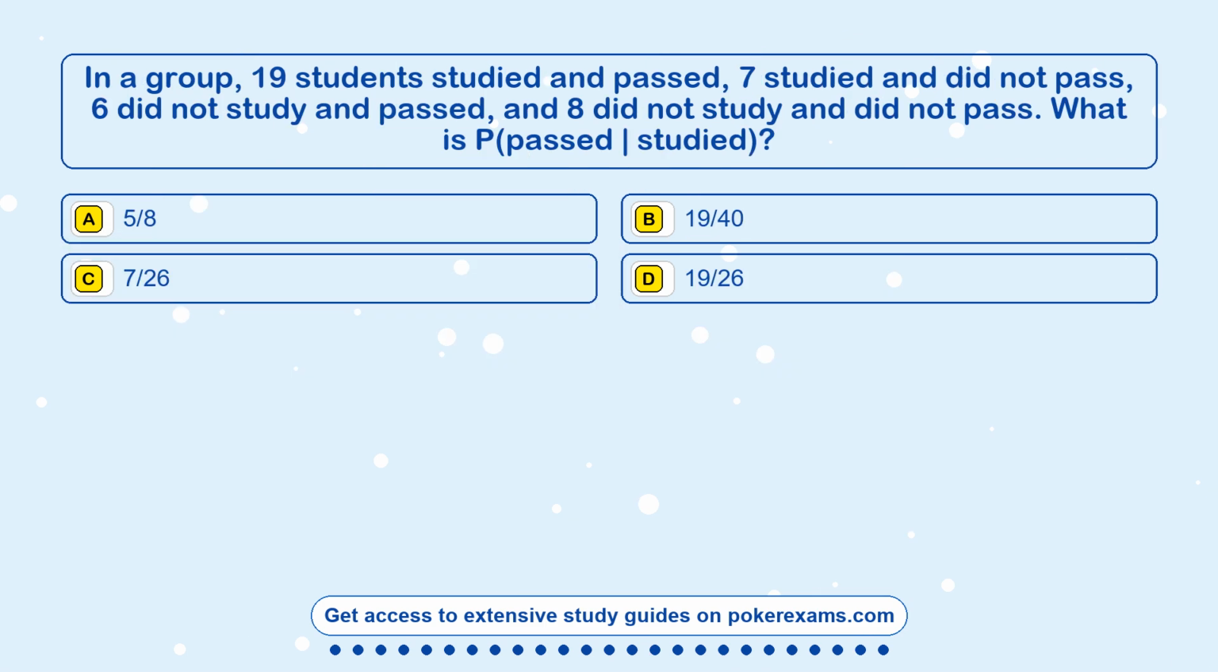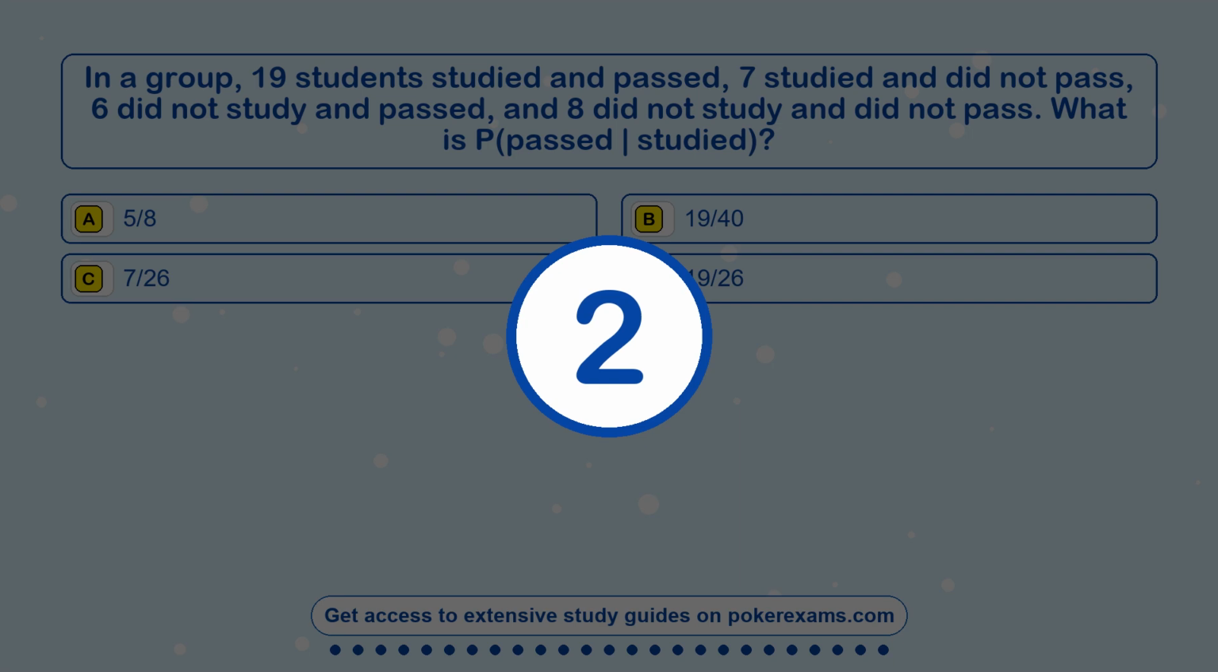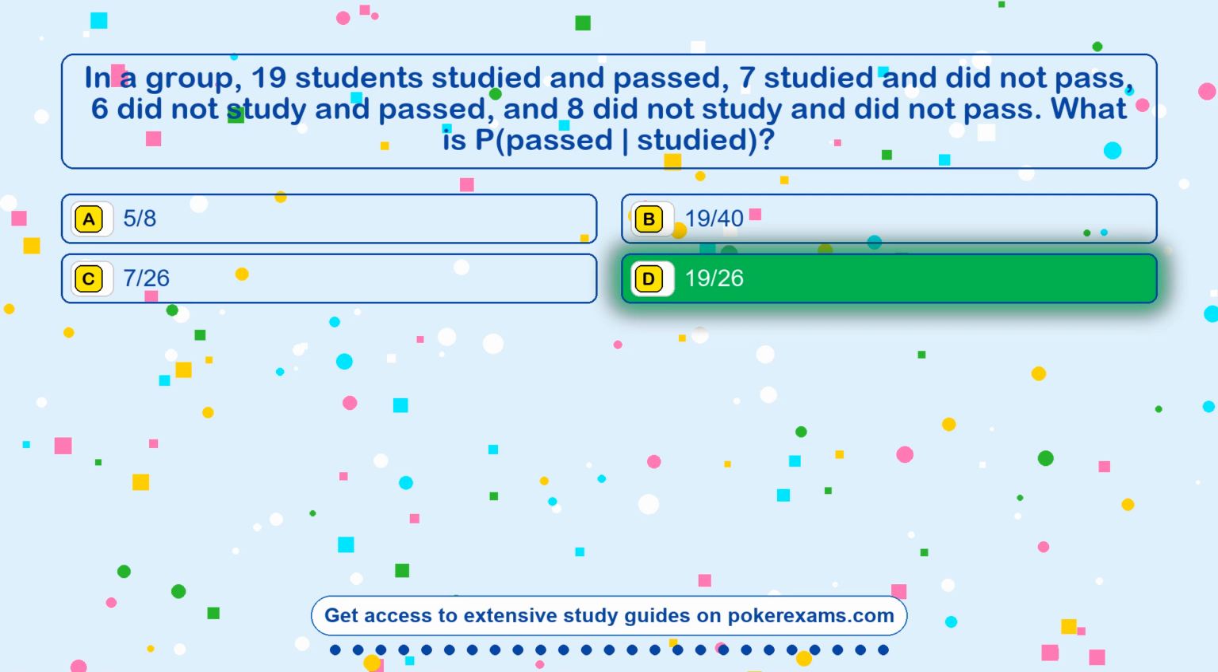Question 23. In a group, 19 students studied and passed, 7 studied and did not pass, 6 did not study and passed, and 8 did not study and did not pass. What is P(passed | studied)? Option A 5/8. Option B 19/40. Option C 7/26. Option D 19/26. The correct answer is option D,